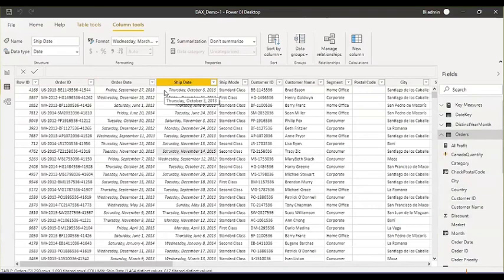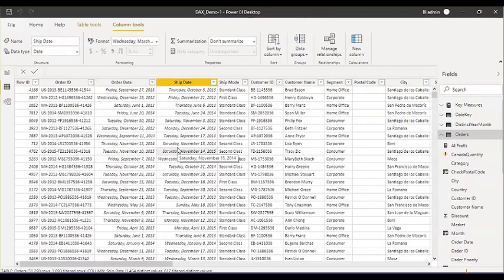All right. Now we are going to check another one that is also very important, the all function and all except function. So what is all and all except? These functions are basically a kind of filter function which helps you to filter the data based on the provided value. The all function basically returns all the rows from a table based on the defined parameter value in these functions.